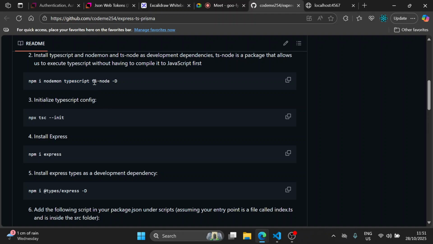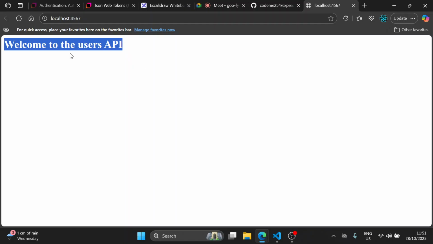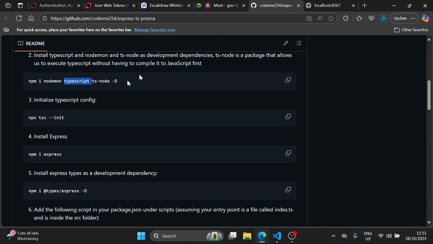And TS Node is basically the package that will allow us to execute TypeScript without having to convert it to JavaScript first. And I think we've seen that happening. We've been able to execute TypeScript without converting it to JavaScript. That is how we got this response back. That is thanks to this package called TS Node. And then to initialize TypeScript in our project, we had to set up that